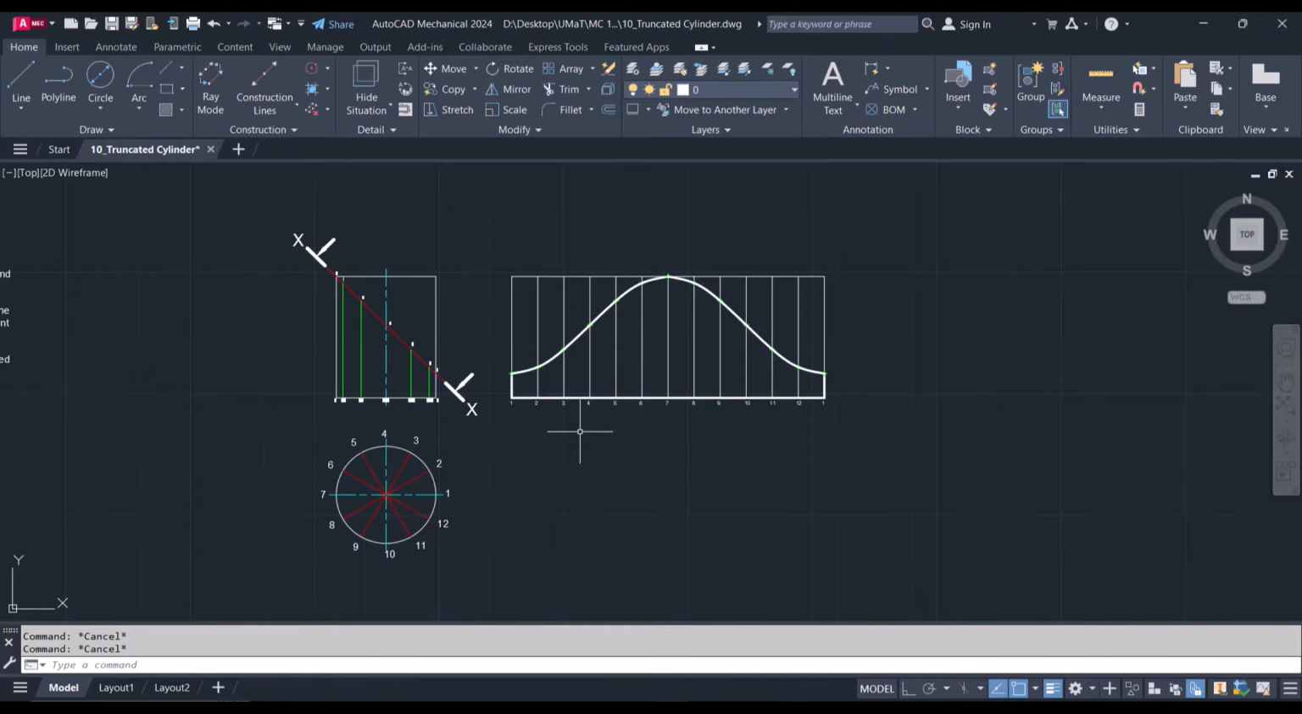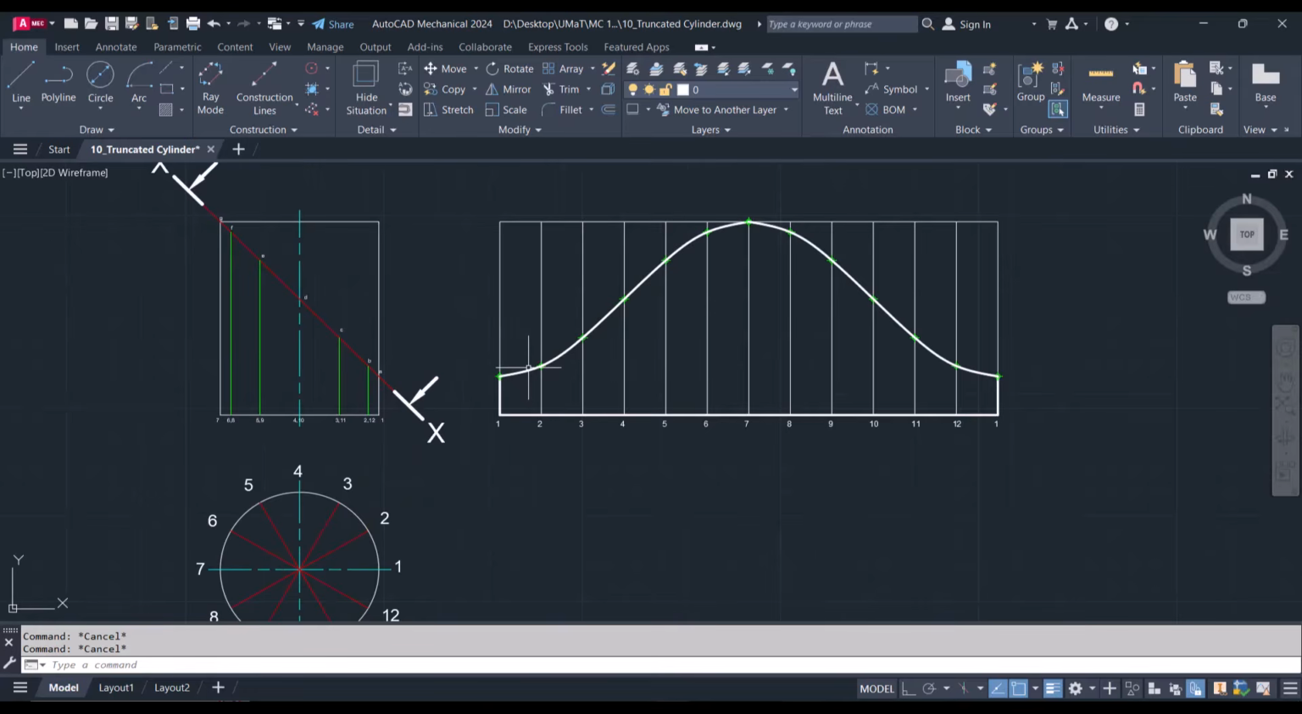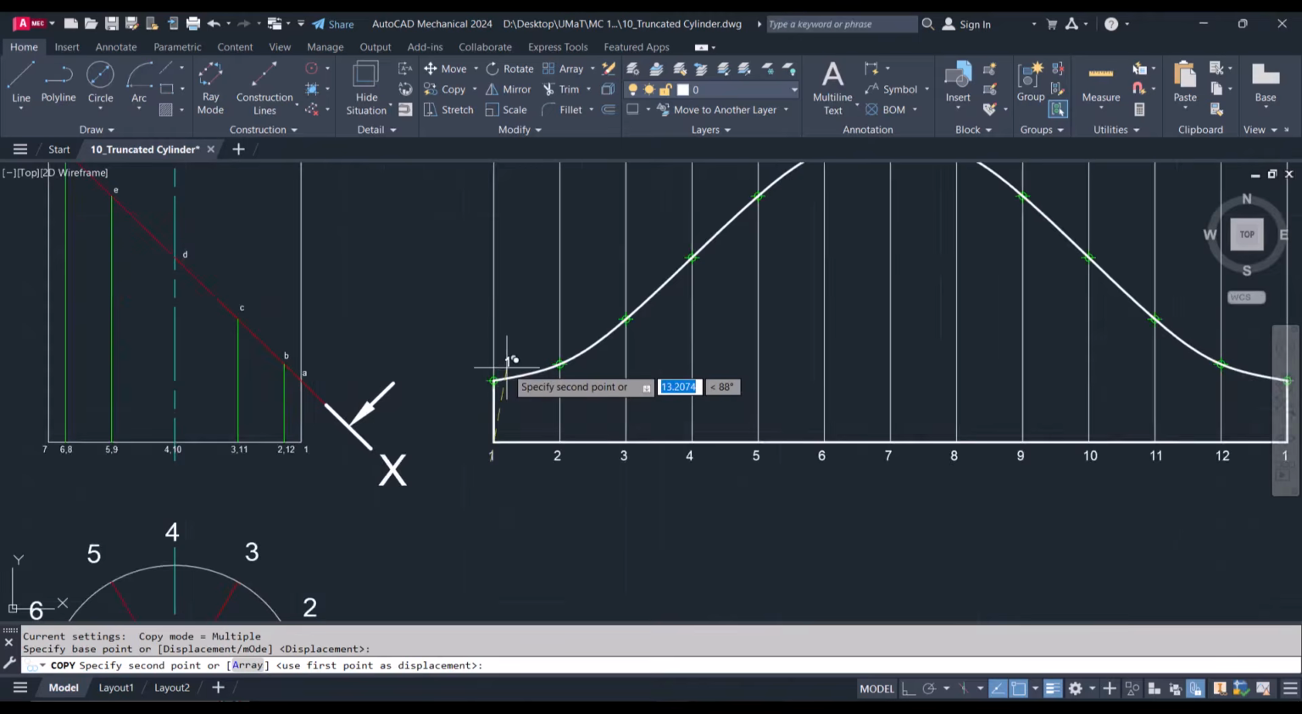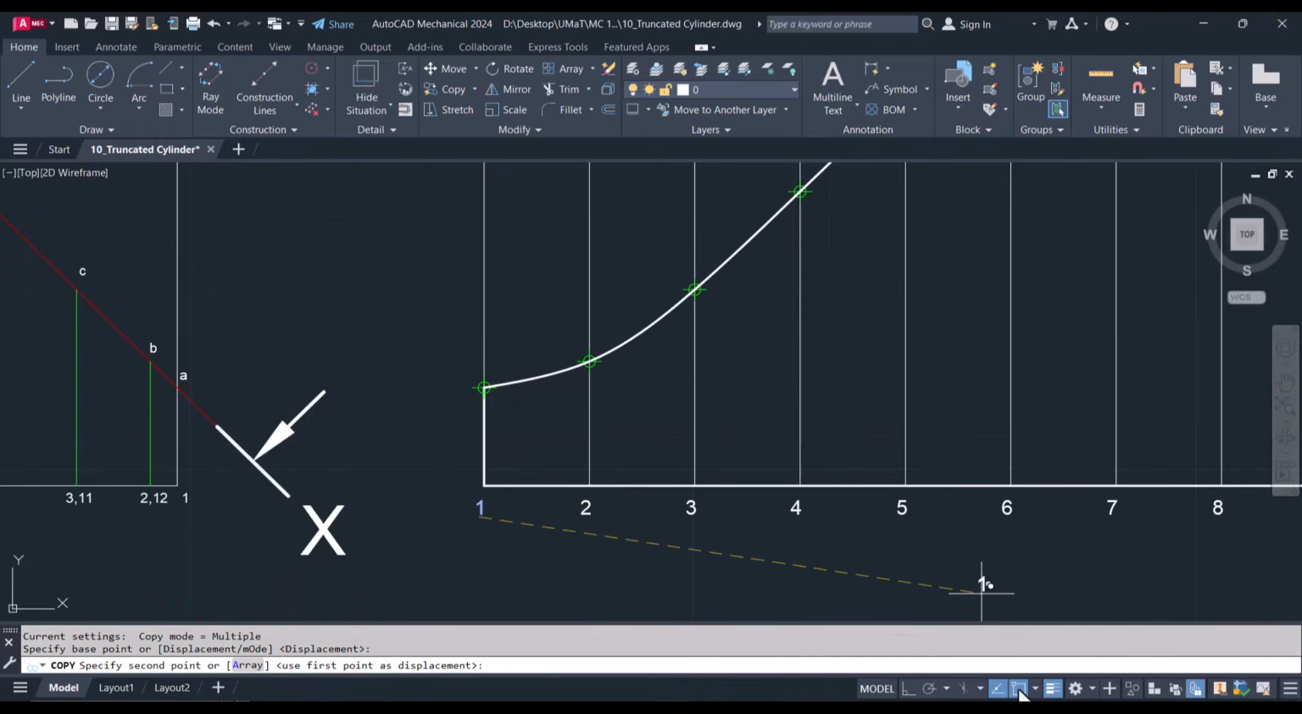Now what you can do next will be for you to copy this. Let me turn snaps off. So A, B,